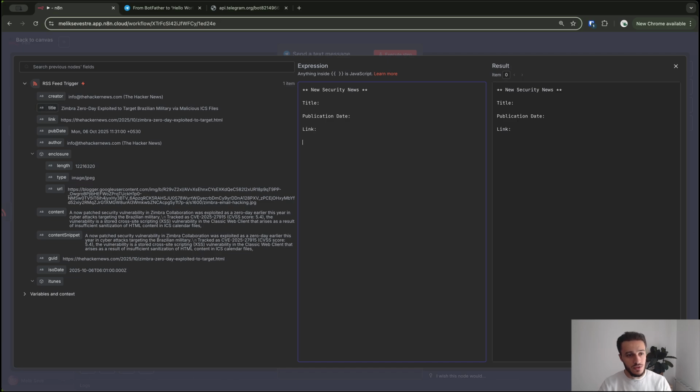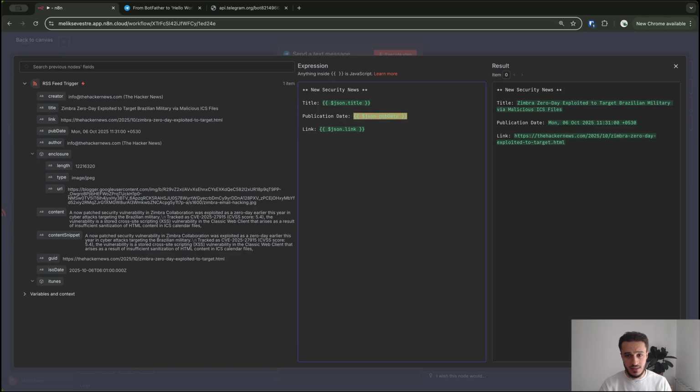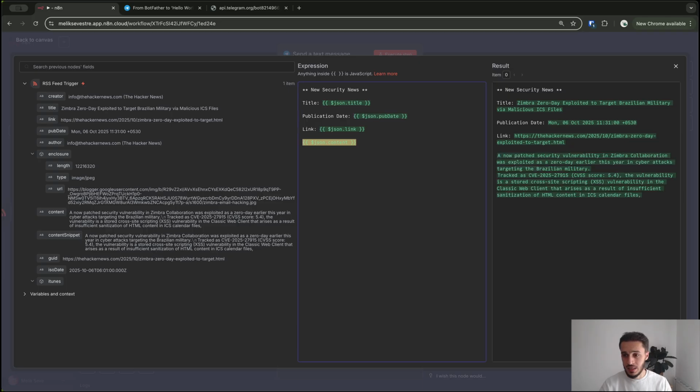So we are gonna just drag and drop, as we did before, the title inside the title, the link inside the link, and the publication date inside the publication date. Also, we need the content. The content is going to be pasted here. And you can see in the output square, in the result square, you can see everything that's going to appear